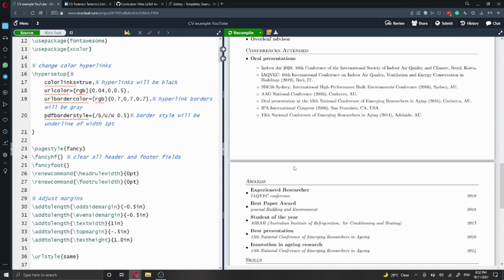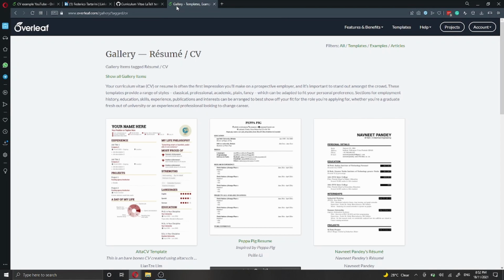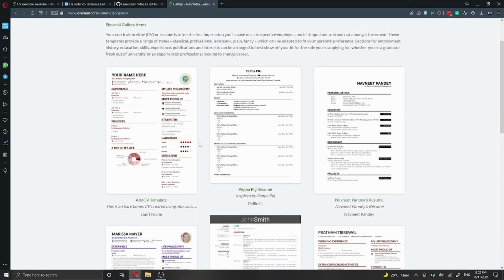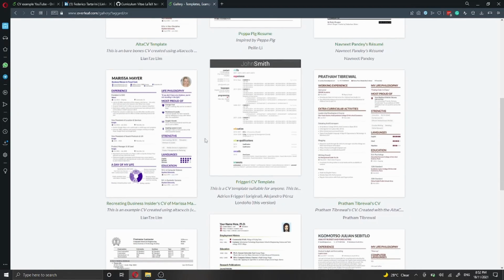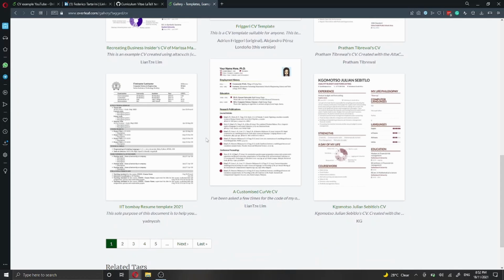So as I was mentioning before, I will first show you how to compile this document, and it's going to be very simple. And then after that, we're going to have a look at the Overleaf gallery, which contains very beautiful templates that you can also use to write your CV. I really like the template that I'm going to show you at the beginning of the video, because I think it's very nice and it's perfect in my case because I'm a researcher and I want to write a lot of information about myself because I need to write about journal articles and so forth,